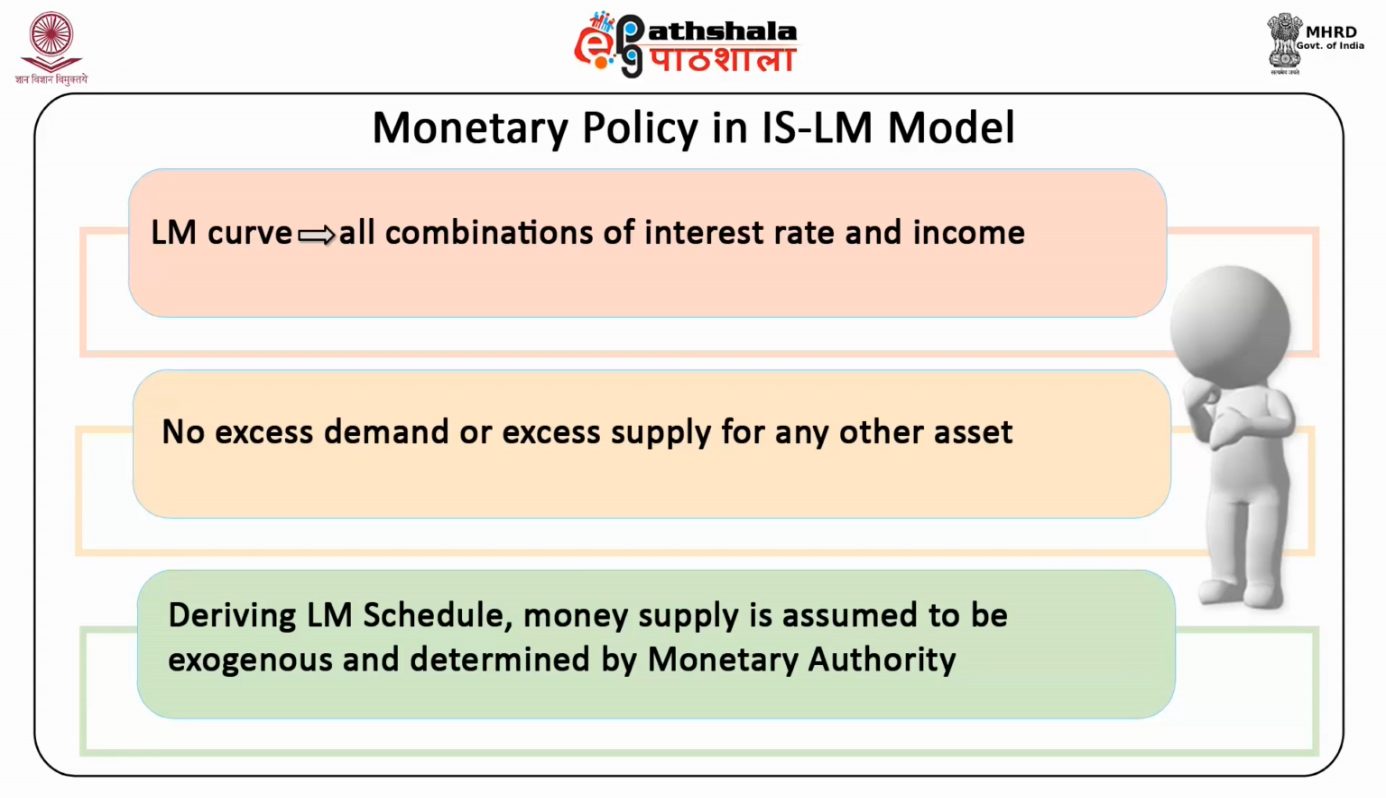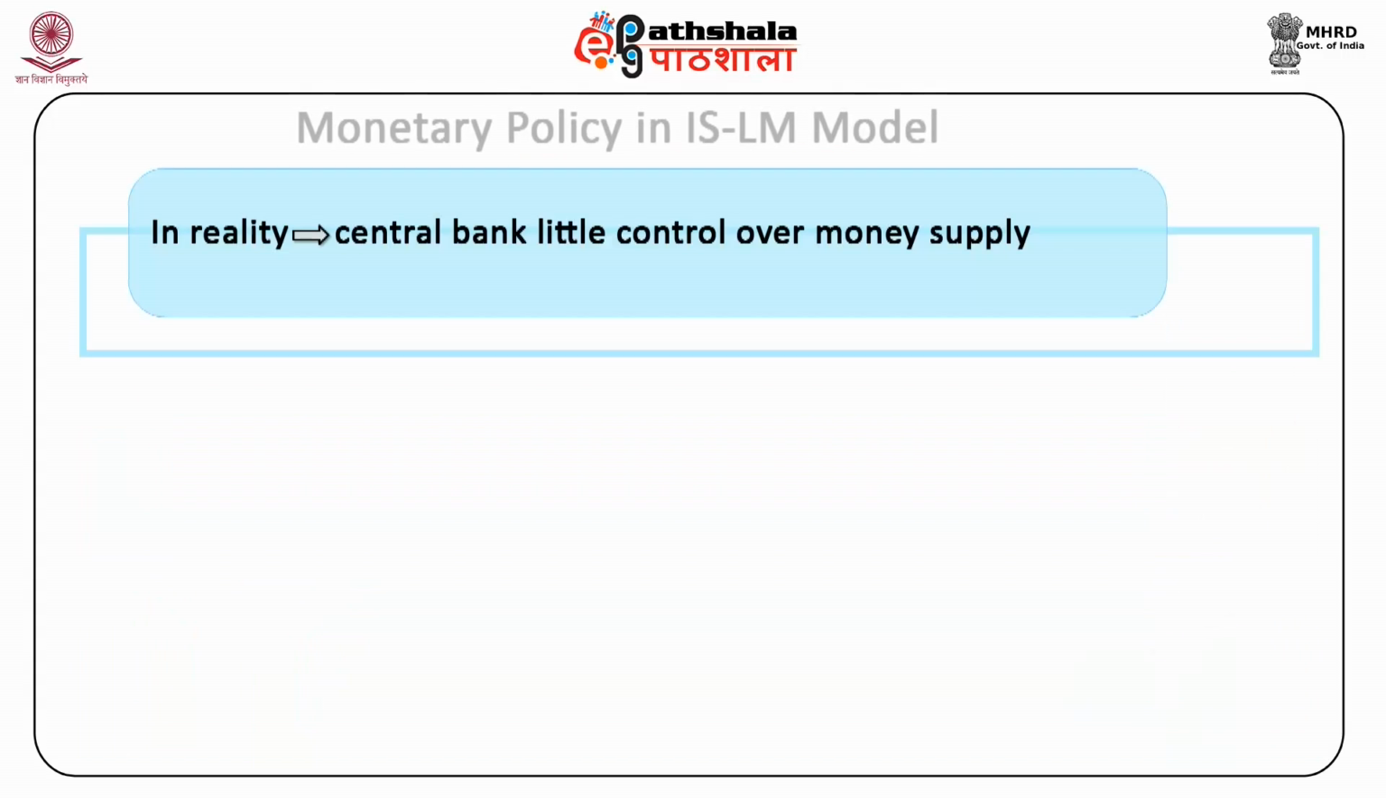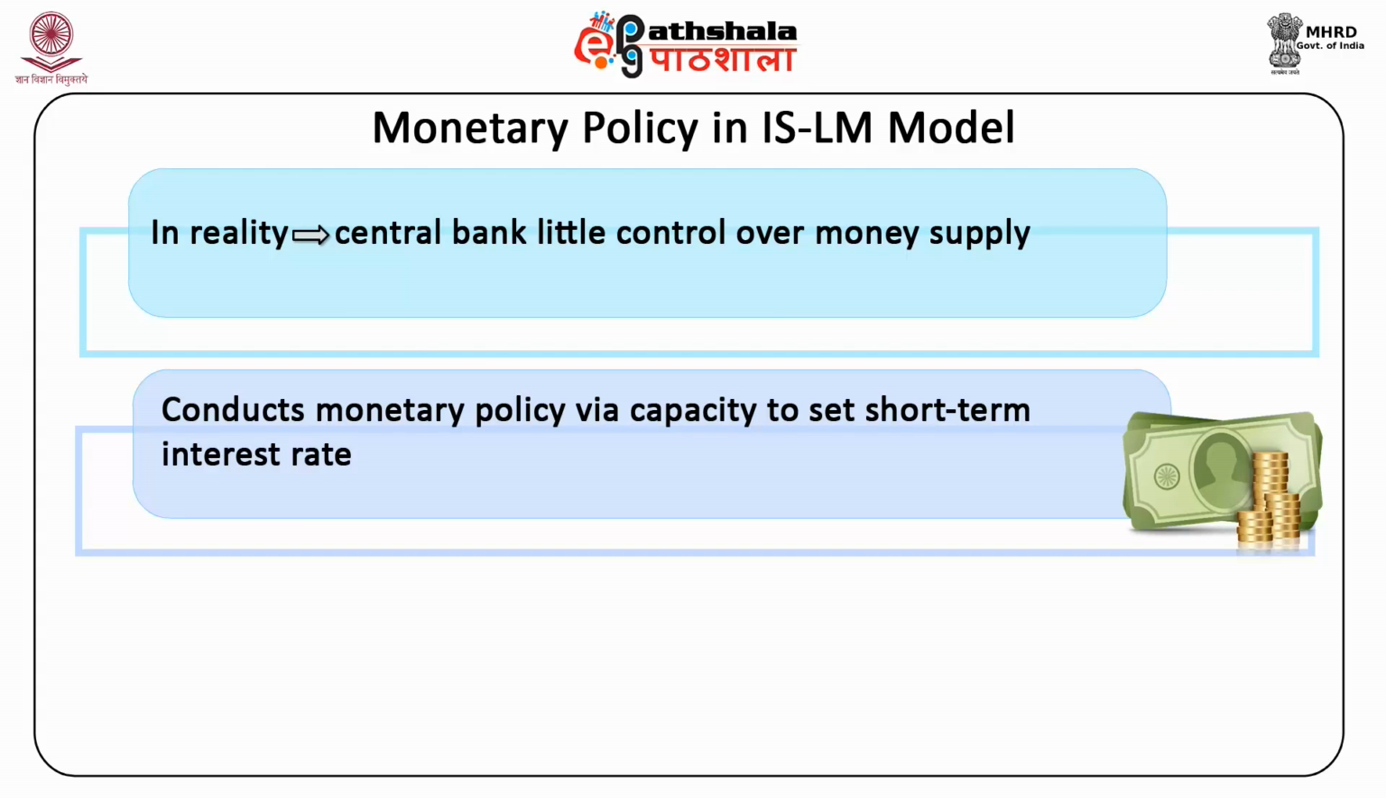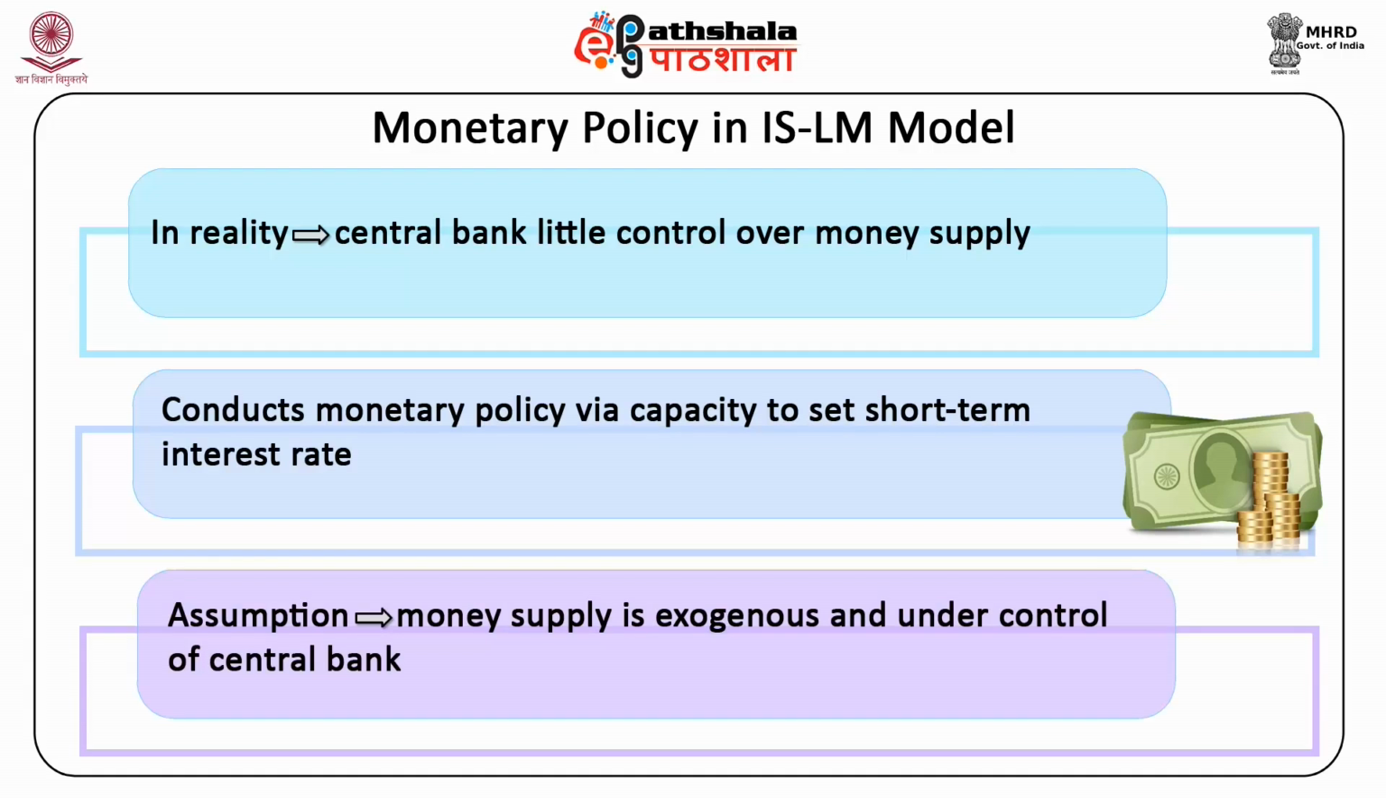In the derivation of the LM schedule, it is assumed that the supply of money is exogenously determined by the monetary authority. But in reality, the central bank has little control over the money supply and it conducts monetary policy principally via its capacity to set the short-term interest rate. However, in the ISLM approach, we keep on assuming that the money supply is exogenous and under the control of